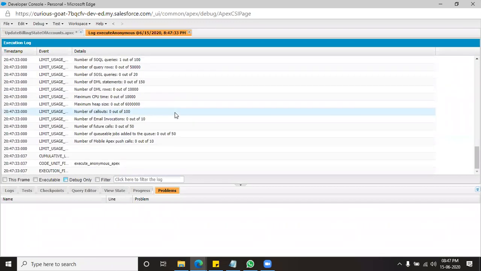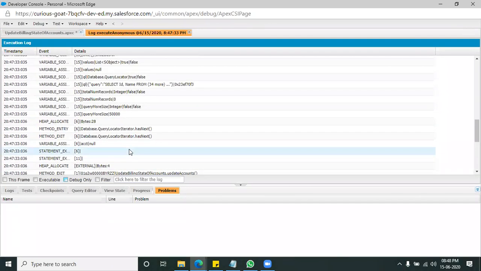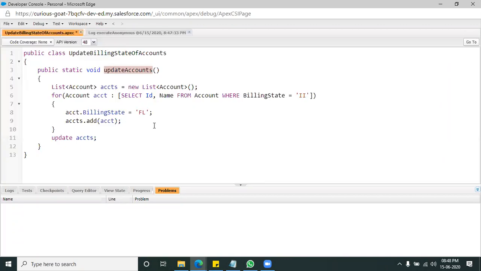Execute anonymous account. Just go up, a little bit up. You see there are some null parameters and null values being passed, right? Now go to your script. I think you haven't saved this script. Save this one.